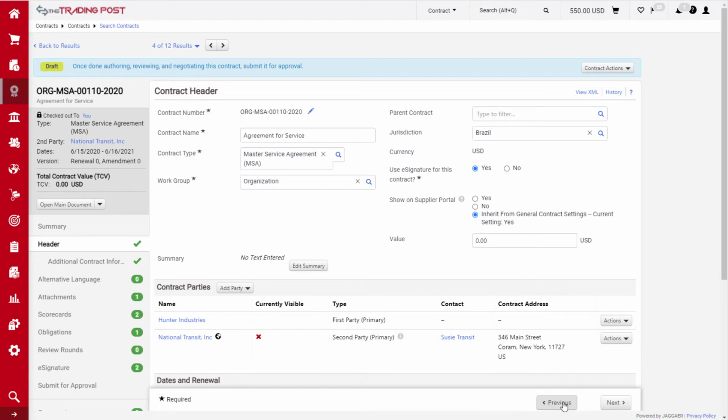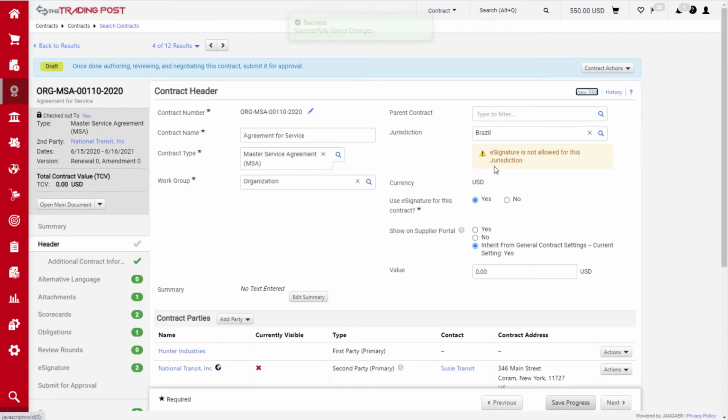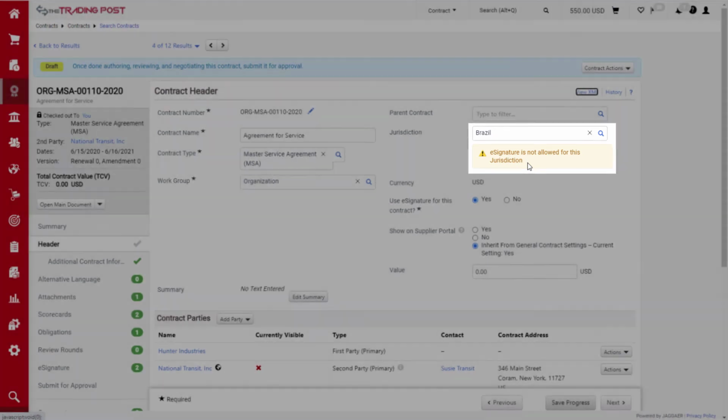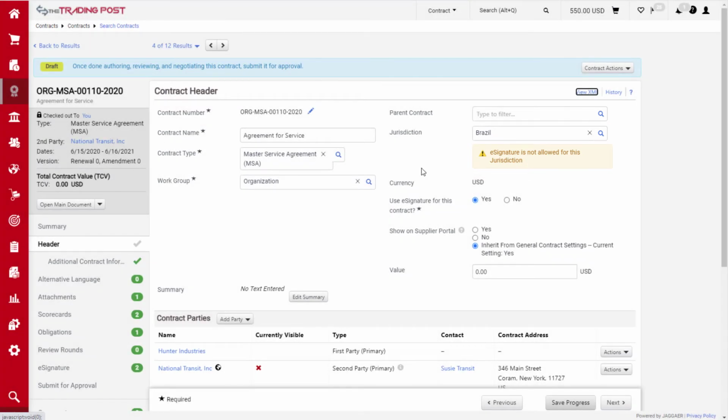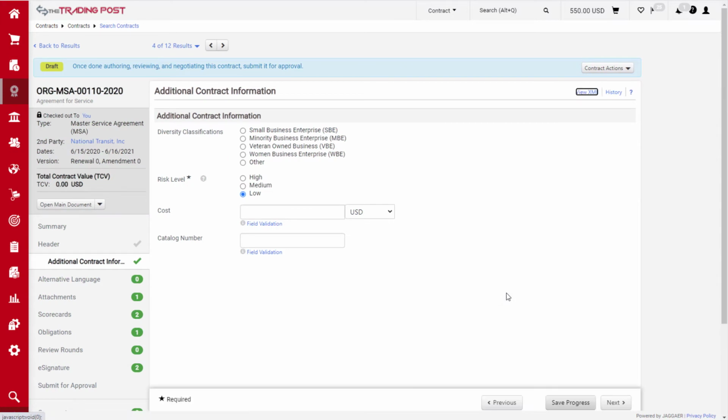Now, however, if I save my progress, because I selected a jurisdiction where e-signature is not allowed, but then I chose yes for e-signature on the contract, I do have a message here that's telling me I can't use e-signature with this jurisdiction. So it's a reminder that I need to come back and address this. Again, I can continue to work through my contract. It's not going to prevent me from clicking next and going to the following screens,